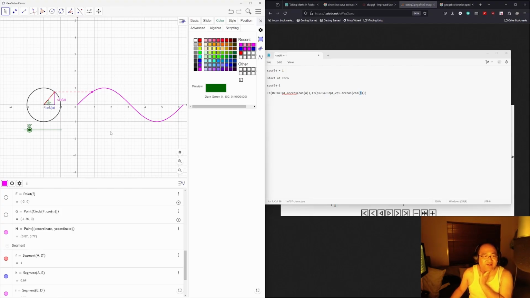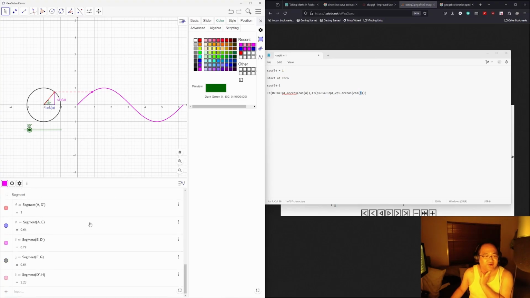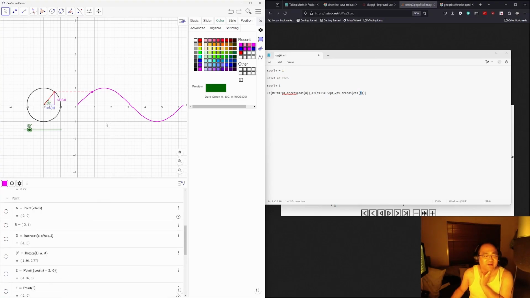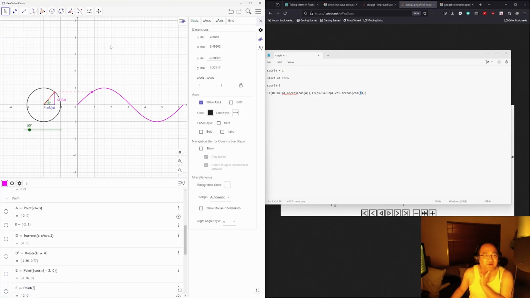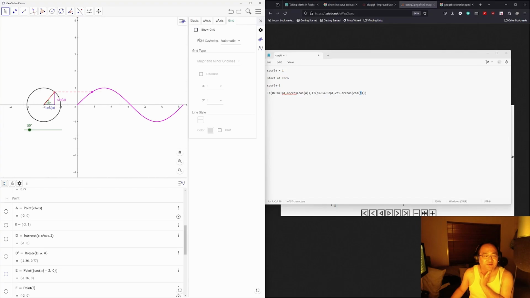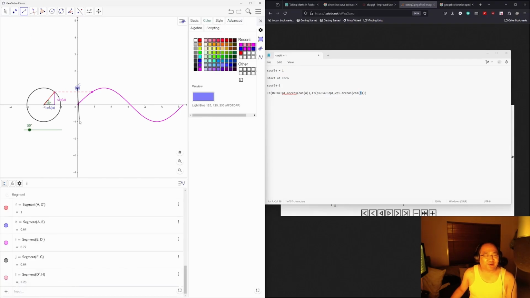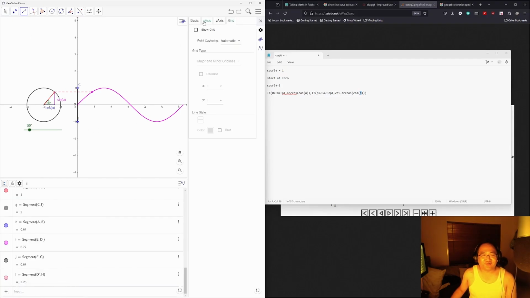Okay. Aesthetics. So what I want to do now is get rid of the grid, and then I'm just going to draw additional arrows and vectors to indicate the graph axis and things like that. So, okay, grid, don't show the grid. We'll still leave these up just in case. Okay, so the rest of this is just purely decorative, so there's no need to fret too much about